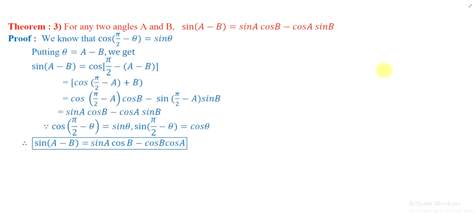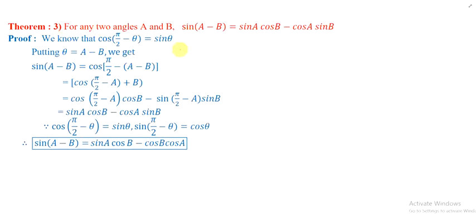In previous slides, we have studied the result for cos(A+B), and then we have defined the values of cos(π/2+θ) and cos(π/2−θ), isn't it? Now, in this lecture, we will see the results for sin(A+B) and sin(A−B). For that purpose, see here theorem 3, for any two angles,